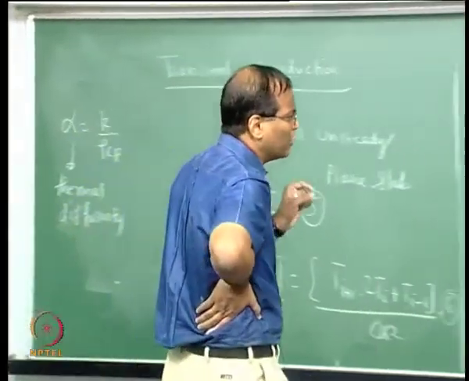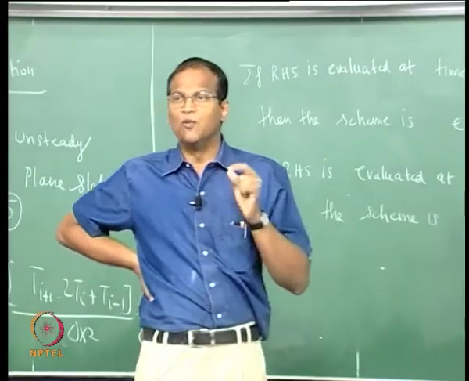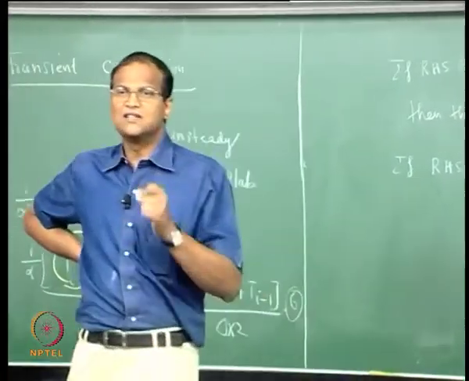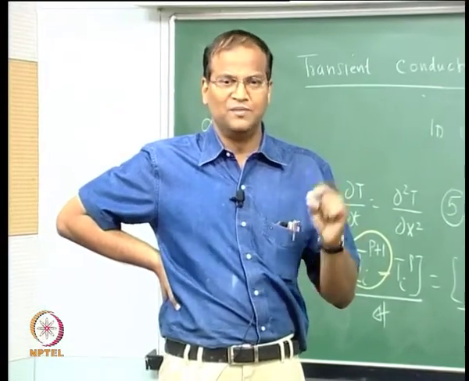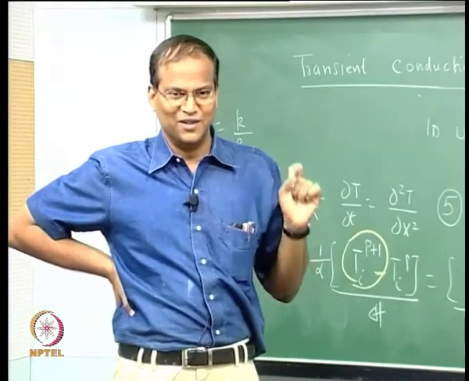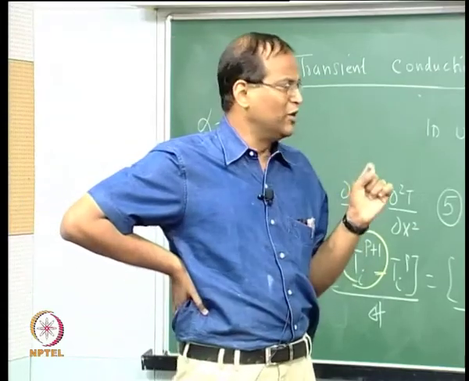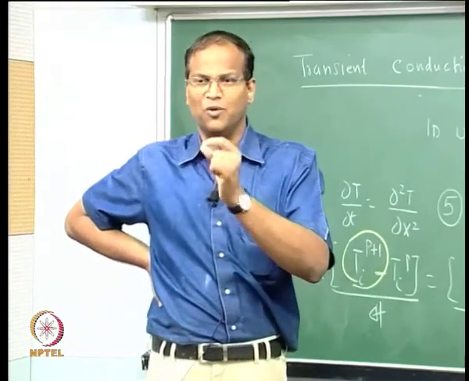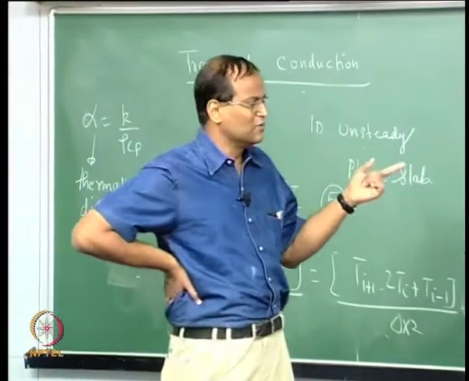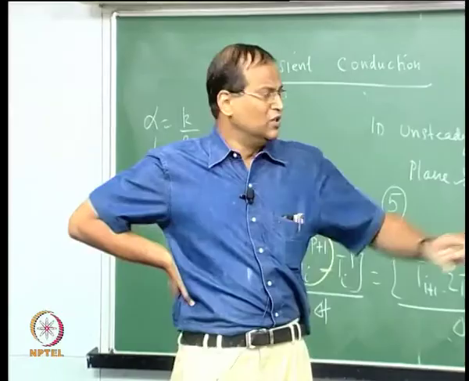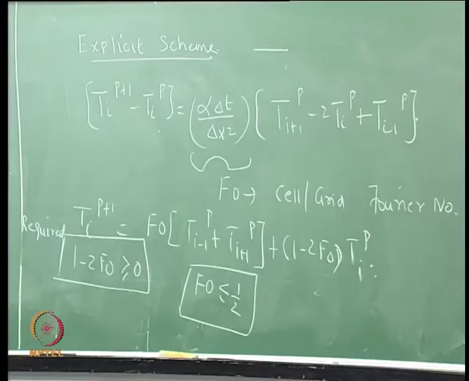Studies have shown that if Fourier number is less than or equal to 1/6 or 0.166, you get the least truncation error in a scheme. So, seasoned practitioners of the finite difference method will set a Fourier number between 0.1 and 0.15, and do not try to go very close to 0.5. So, this requirement must be worked out for each of these problems.